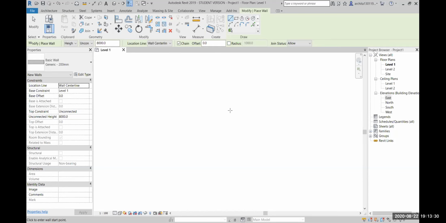But before creating the wall, pay attention on this part. What all options are there for you? First is the height. So for height, either you can have it attached to a certain level, whatever levels are created, you can attach it to certain level, or if you want to customize the height of it, you can keep it unconnected and type in the height